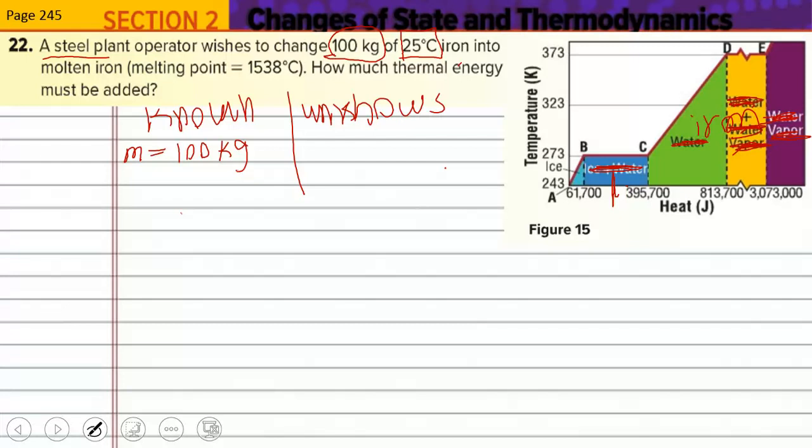So it starts at 25 Celsius of iron. The initial temperature is equal to 25 Celsius, and T final is equal to